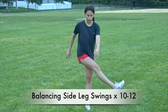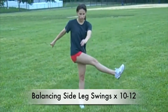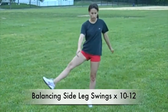Even more challenging is the balancing side leg swing. Now here you can see she's having a lot more difficulty stabilizing, but again we're getting stability through that hip, knee, and ankle. And the objective here is to turn the toe out as the leg goes away from you